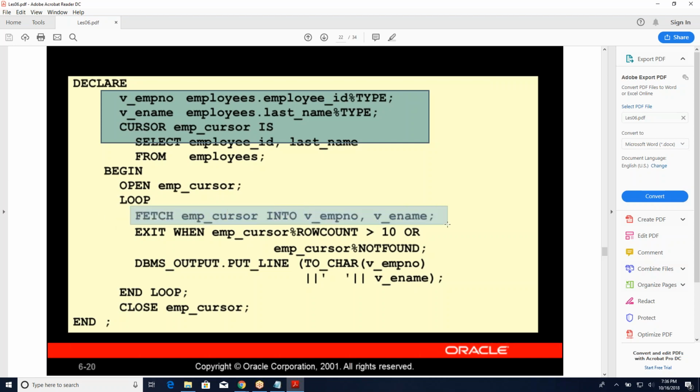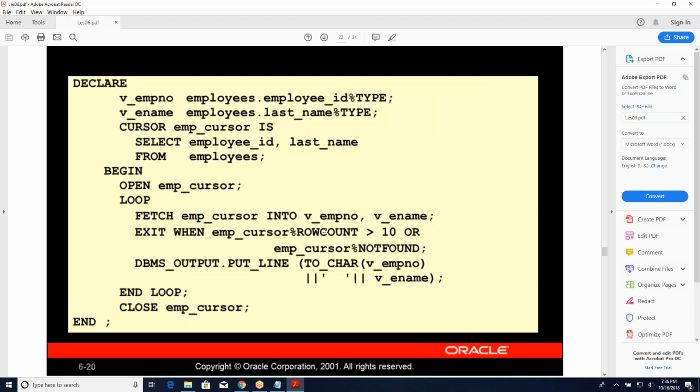Then we create a loop, and we fetch the first value. At this point, row count is 1 after this fetch. Because row count is 1 and it's not greater than 10, or it's not the end of the cursor, one of those conditions has to be true. We'll go ahead and print out the values of the first row,